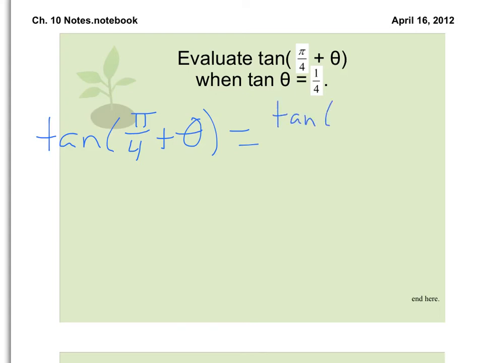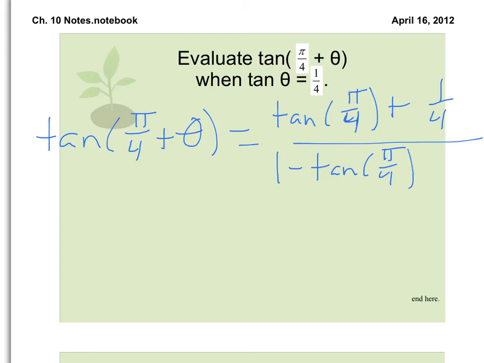This would then say tangent of pi over 4 plus tangent of theta, but remember it tells me right off the bat tangent of theta is a fourth, so I can just go ahead and plug that in. Over 1 minus the tangent of pi over 4 times the tangent of beta, which again is a fourth. Okay? Pi over 4 is a key point on the unit circle. Tangent at pi over 4 is actually 1. So I will substitute 1 in for tangent of pi over 4, and that leaves me